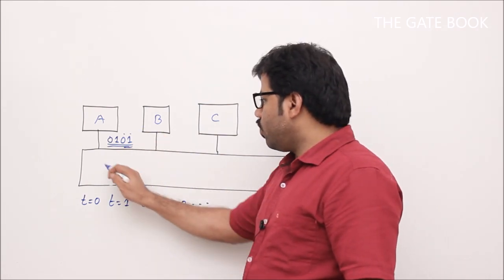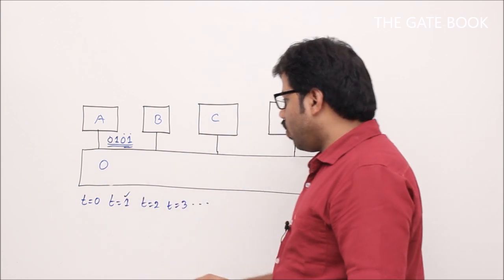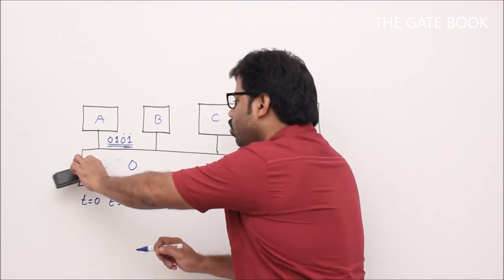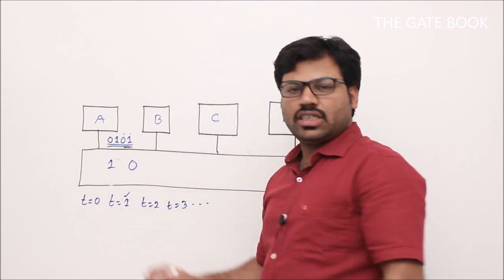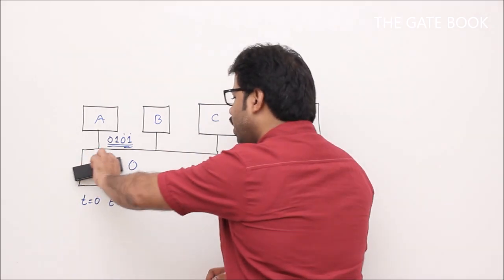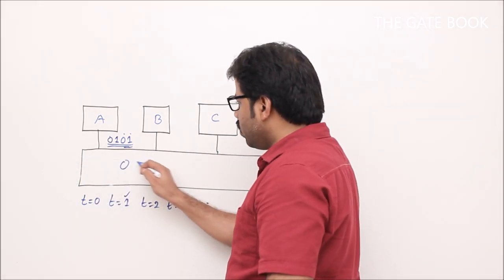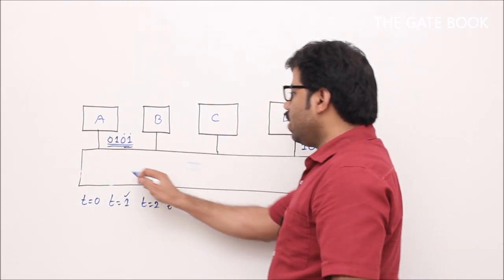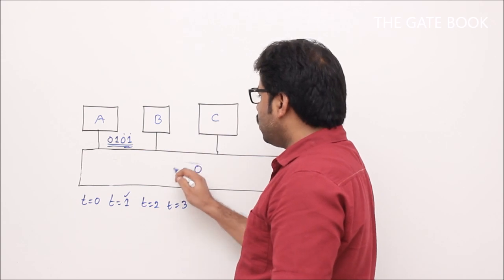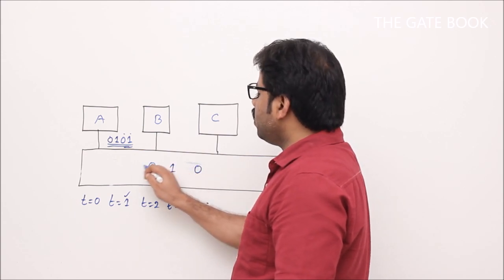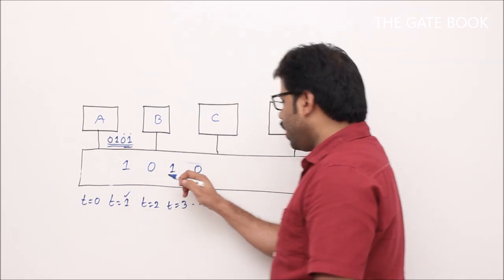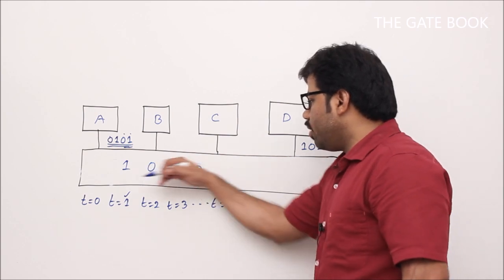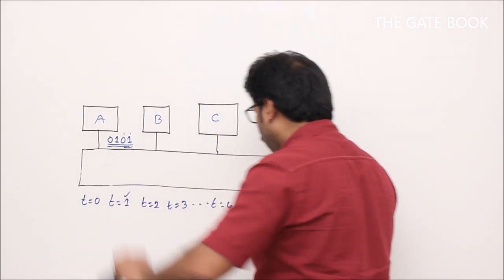When t equal to 1, the first bit came to the line. When t equal to 2, 0 will move a little bit further, then a new bit will come, right? In that way propagation will take place. When t equal to 3, you will see here 0, then 1, then 0. When t equal to 4, you will see this 0 here, this 1 here, this 0 here, this 1 here. Slowly these 1010 will have moved over a period of time when t equal to 4. Then when t equal to 10,